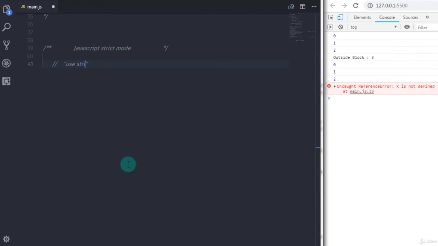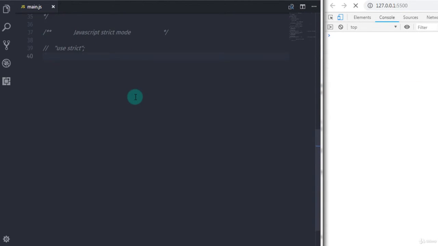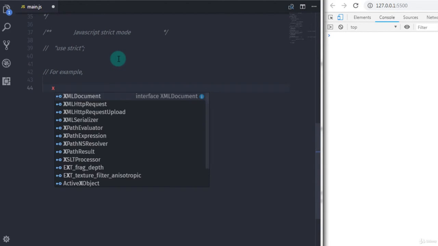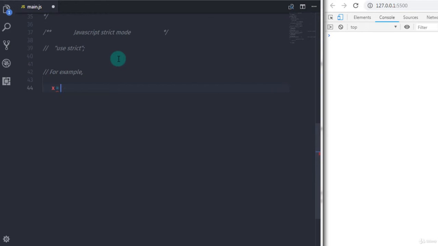To use strict mode in your program, specify the string use strict in double quotes on the top, before any other code. If you do this, the entire program runs in strict mode. If you want to execute a function in strict mode, you can specify this string in the function also. I will first take an example of global strict mode. For example, if you just specify x is equal to global and just print this on the console,